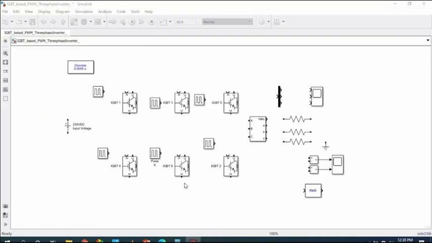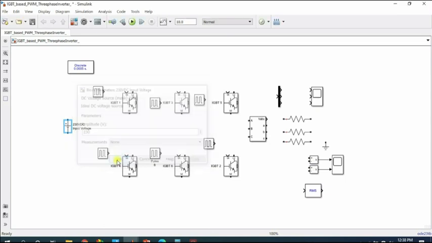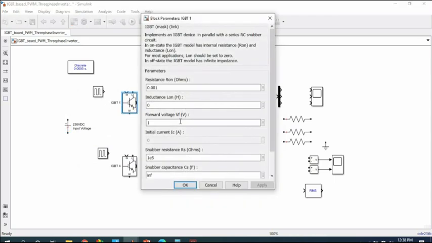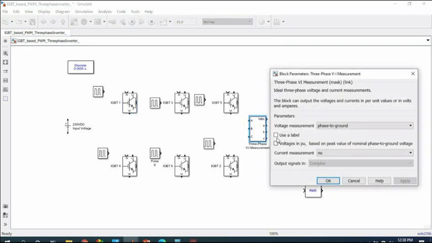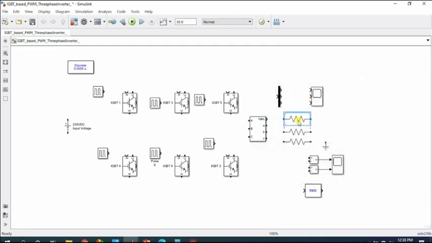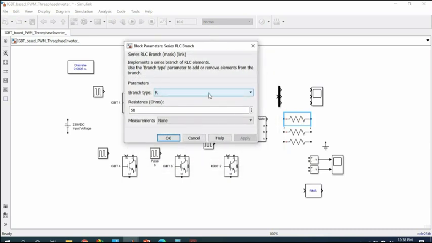Once all the blocks are brought in, we need to set the parameter values for those blocks. For DC voltage source, we can double click it and we can set the value as 230. In IGBT, the default values can be kept, and in 3-phase VA measurement, the voltage measurement shall be phase to ground. So this will measure the phase voltage. And then the series RLC branch parameter can be changed. This branch type can be changed as R to mention this as resistive load,